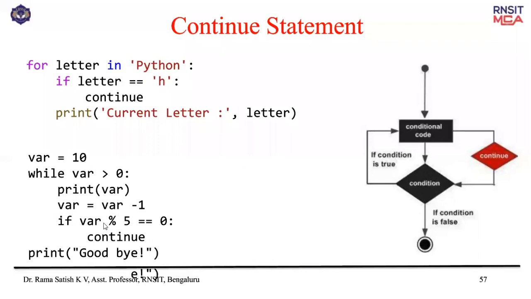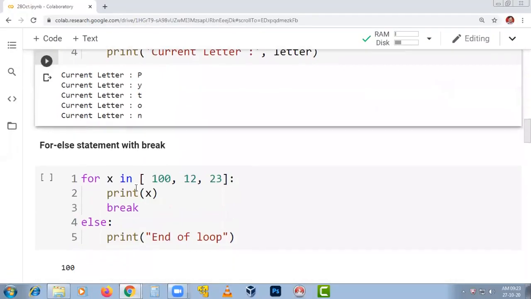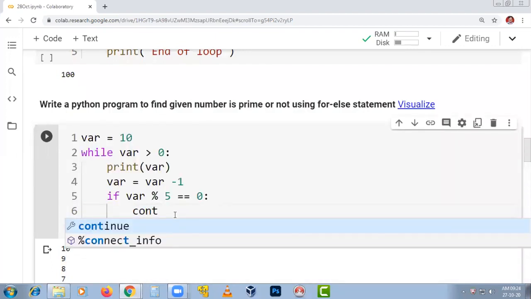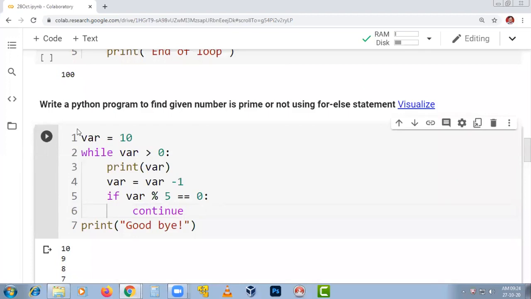Continue means it has to go to the next one. It has to skip the next one. So same thing, we can edit it and write it. So if var modulus 5 equal to 0, instead of break, if I give continue, yes, continue. So what happens? It prints all the numbers except